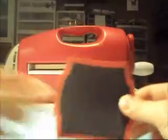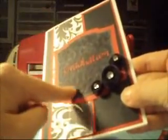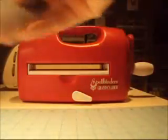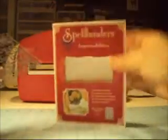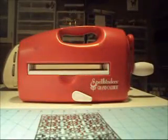And with this piece though, I've embossed it with basically the same design as the black, but it would be the opposite because I'm going to show you what I did there. Take this, and I embossed it with the Spellbinders Impressabilities Fleur-de-Lis pattern. So we will